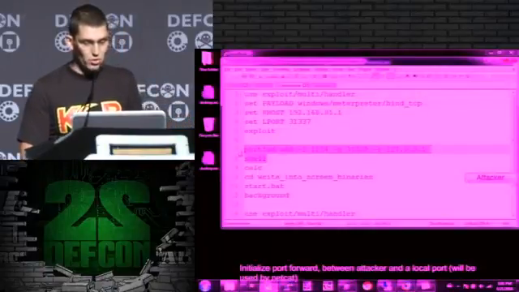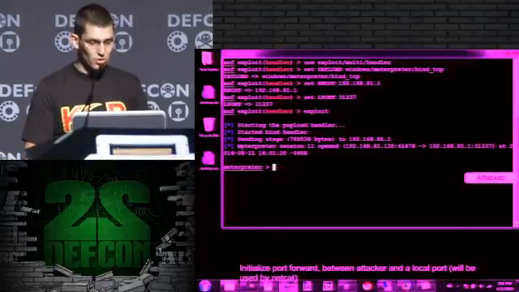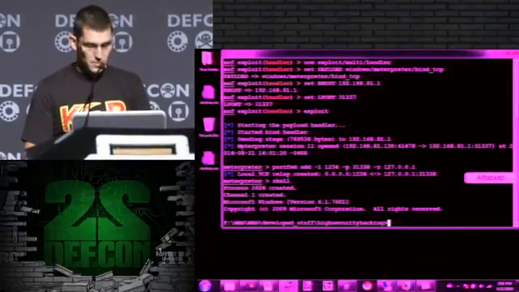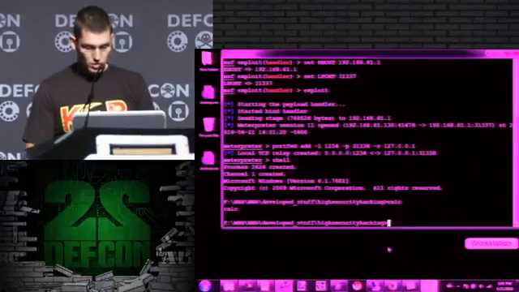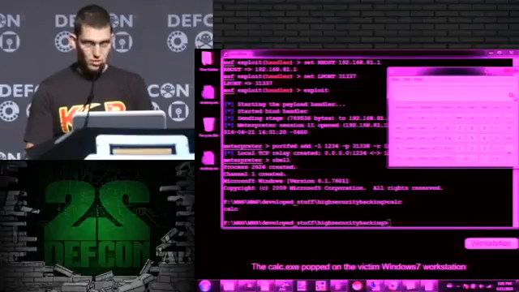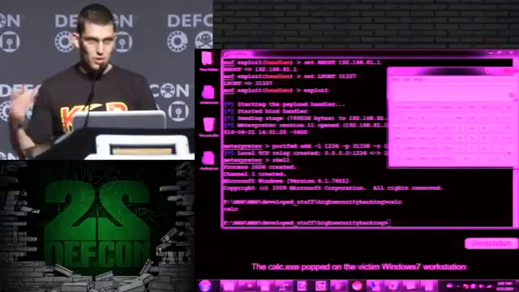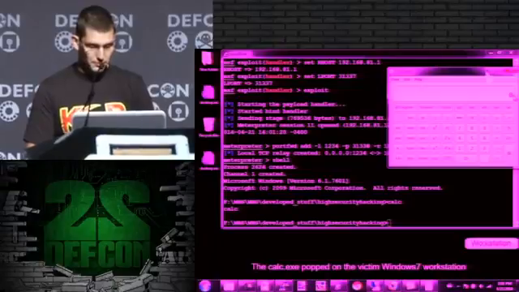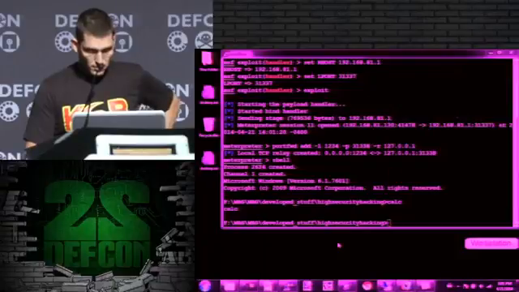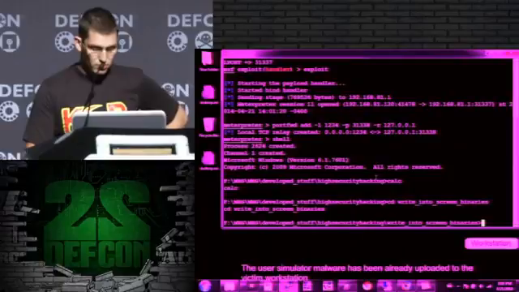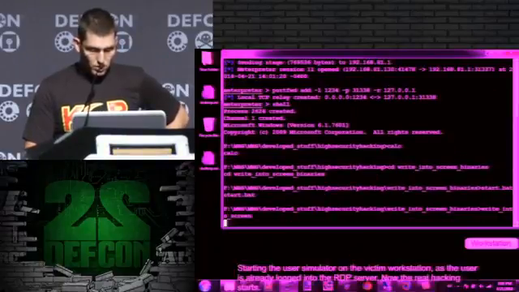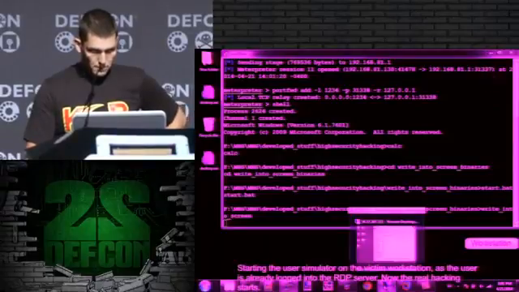I set up the port forward in the infected client. And if I run the calculator here on the workstation, this is where my code gets executed at the moment. And I already uploaded my malware to the infected workstation, and I'm going to start the user simulator.